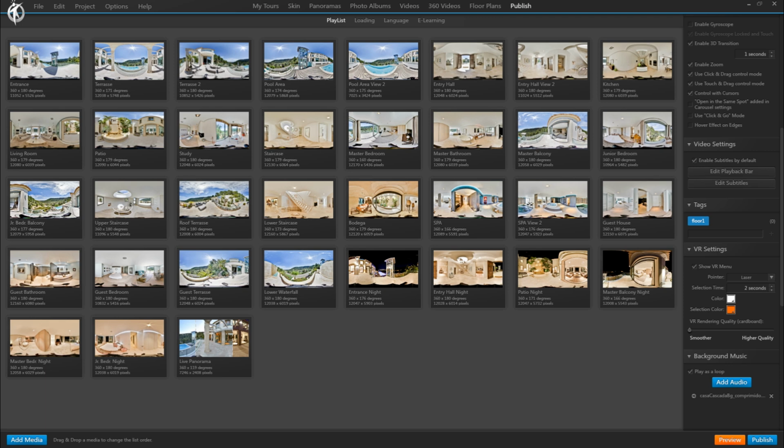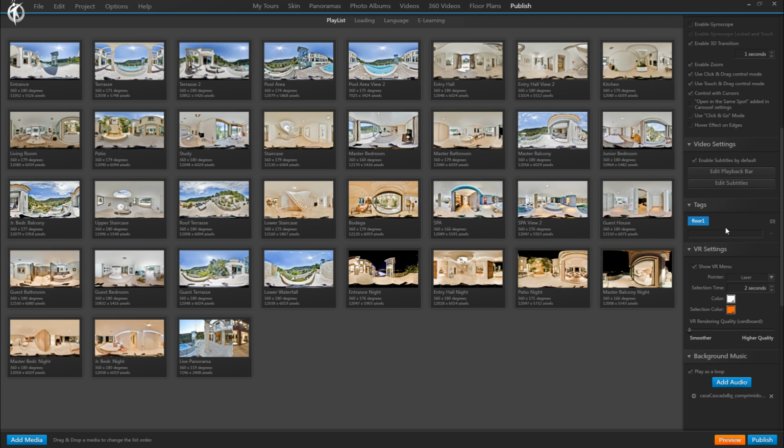But that has one downside, and that's if you have a tag which is not yet assigned to an element in your virtual tour and you decide to close the project and to continue working at it at a later point, then those tags won't be there anymore. Basically, the program understands that any tag which is not assigned is useless and therefore deletes it from the project.